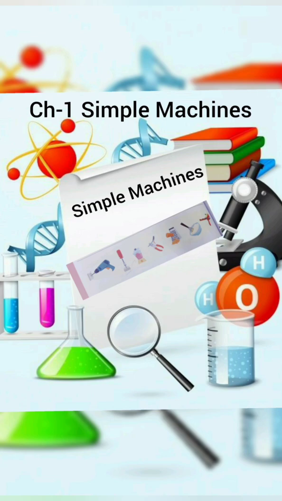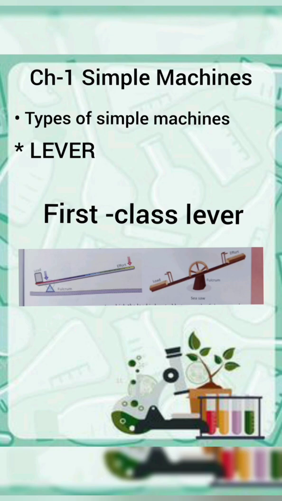Simple machines are simple tools that make our work easier. It may be your playground slide, your seesaw, or grater, mixer, grinder, drill machine, pliers, knife, etc. So simple machines are all around us, and especially we use tools or machines when work becomes too difficult for us to do. And we have so many types of simple machines. Let's study about them.